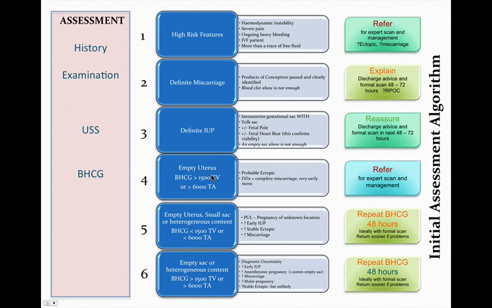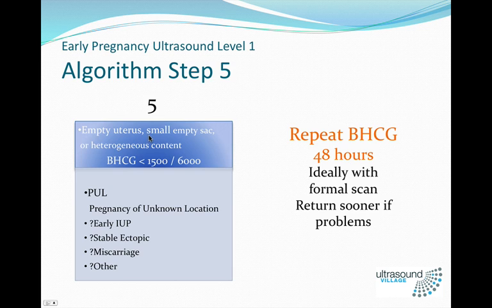So that's not too tricky. Empty uterus, high beta-HCG, refer. The next step, empty uterus or a small sac or heterogeneous content. So that means you have a look, it's not clearly a definite pregnancy, so there isn't a yolk sac. It's what we call a pregnancy of unknown location, a PUL. It could be an early intrauterine pregnancy, either an empty uterus because it's less than that 4 weeks and 3 days when you start seeing stuff,